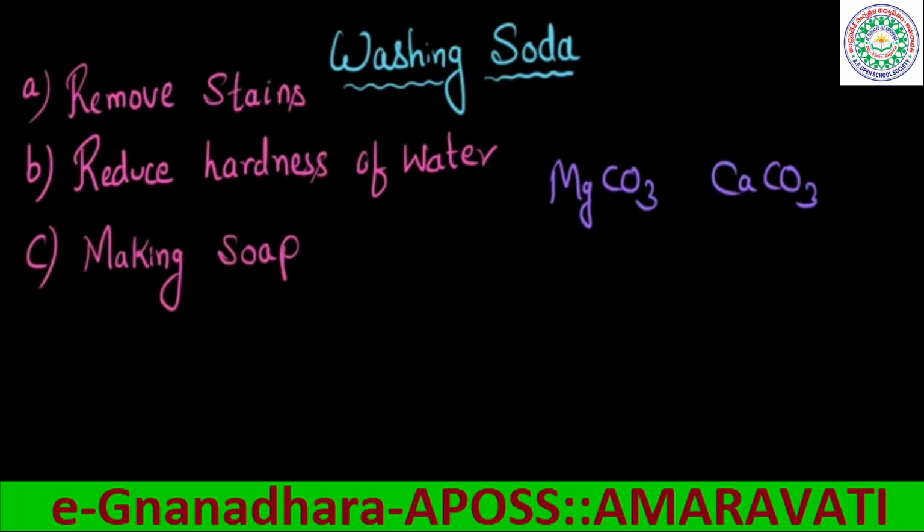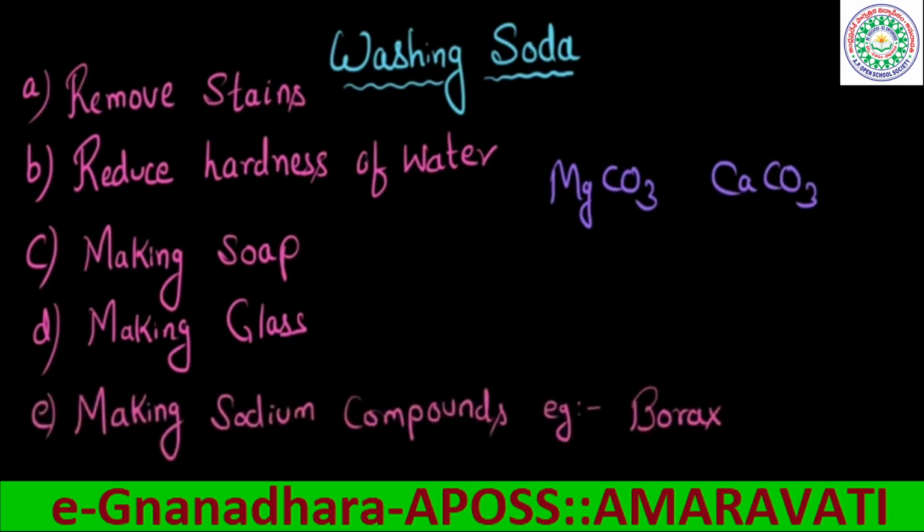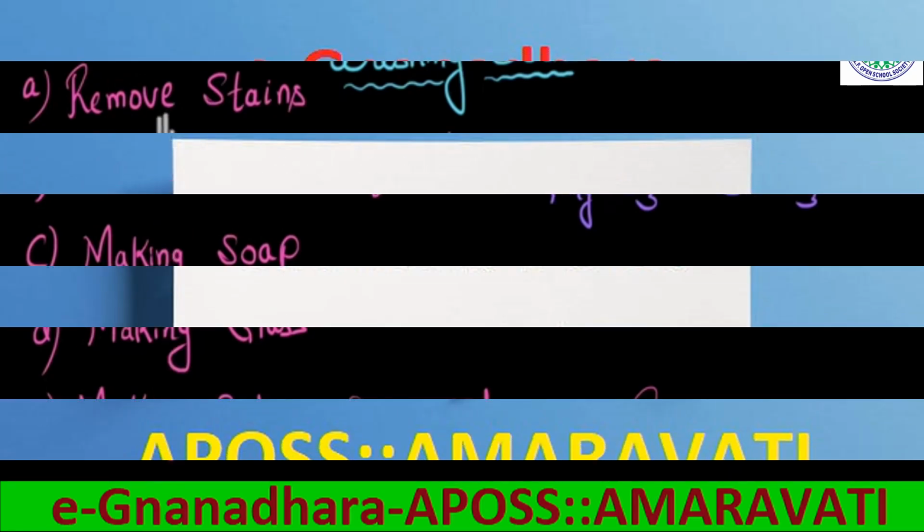Now, apart from these, washing soda is also used to make glass. It can be mixed with silica and some other compounds to make soft glass. And also, since washing soda has sodium in it, it can be used as an ingredient to make some sodium compounds. For example, borax. See, borax is also used for cleaning things, and it can also be used to kill some insects like ants. So these are the uses of washing soda. Now with this,